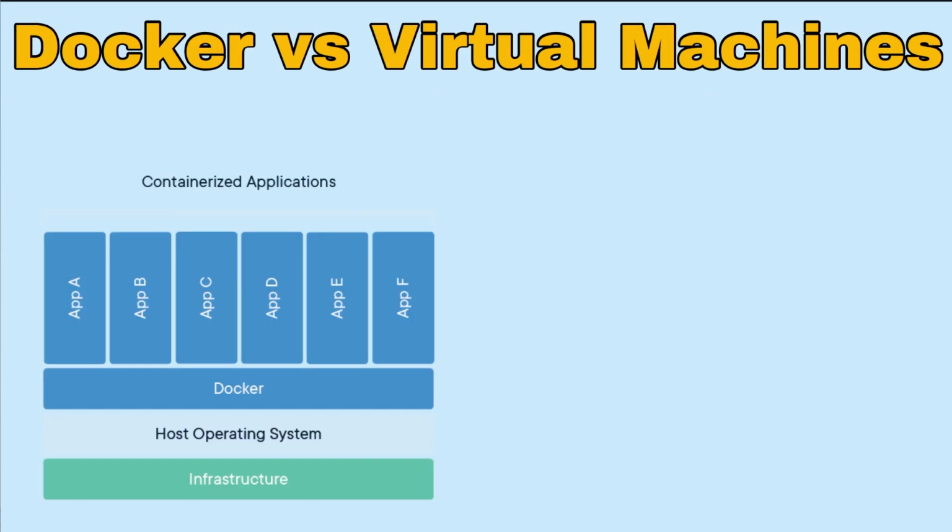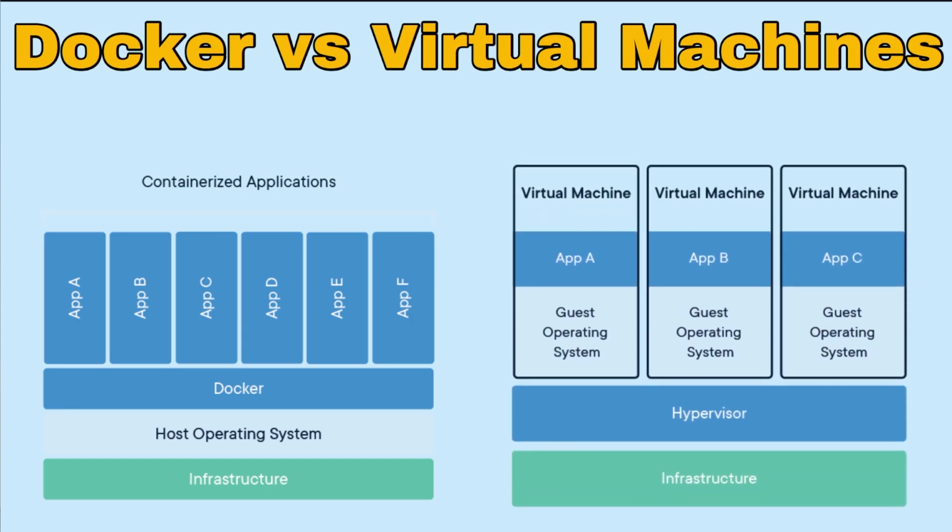Okay, so just a quick note on Docker versus virtual machines. Virtual machines could solve the same problems that we just talked about, but the drawback is that virtual machines are quite expensive to set up in terms of the resources that the machine uses compared to Docker containers. So on the left, we have a Docker setup. Docker uses containers to run the applications, and it shares resources on the host, such as the kernel, to make the containers lightweight. This is unlike VMs, which have to include a full copy of the operating system